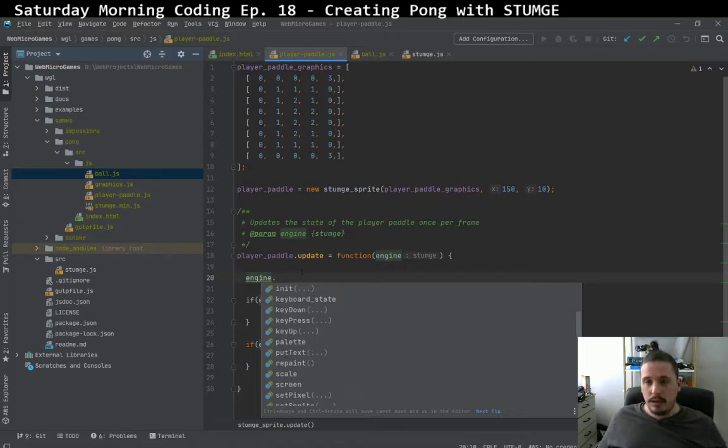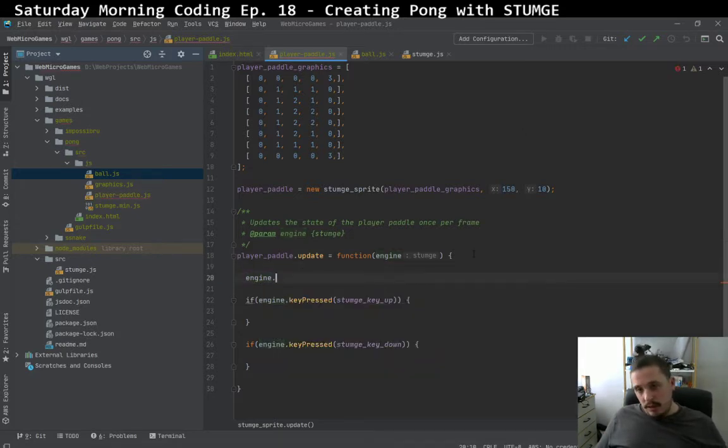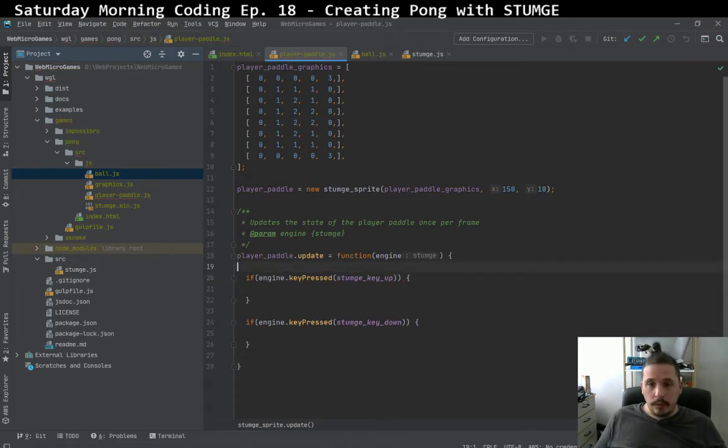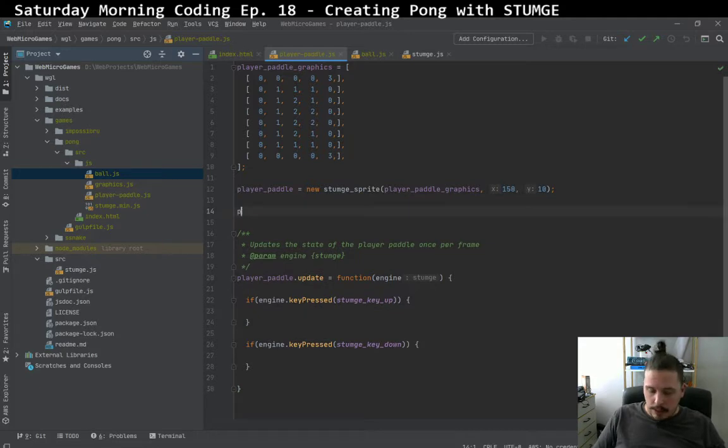Yeah, so we don't need to check all the time. Anyway, that helps a lot reduce errors. So we can have a variable here, player paddle dot speed equals, let's say 1. This is gonna be pretty slow, but